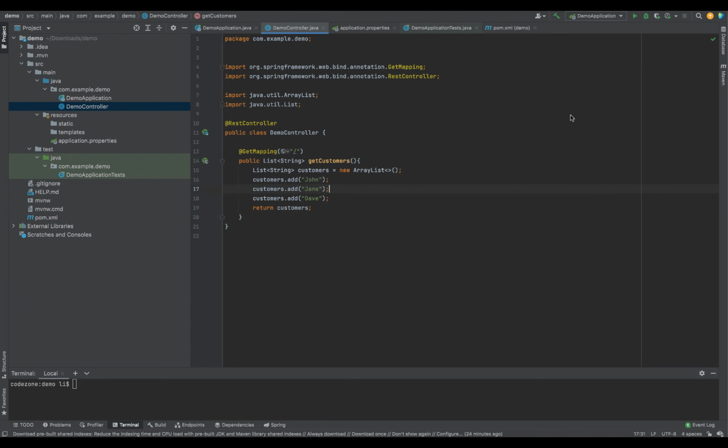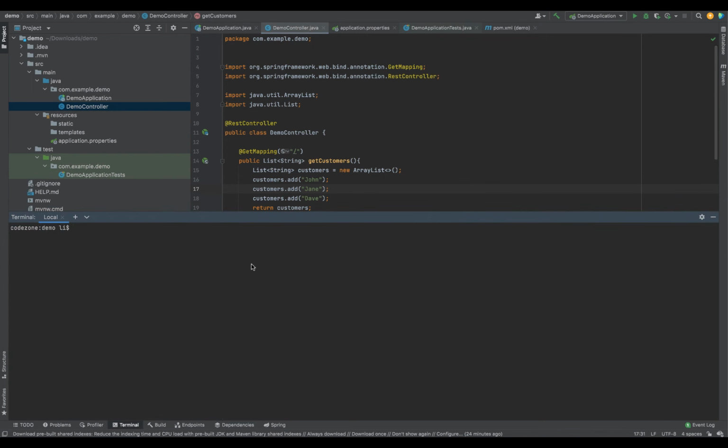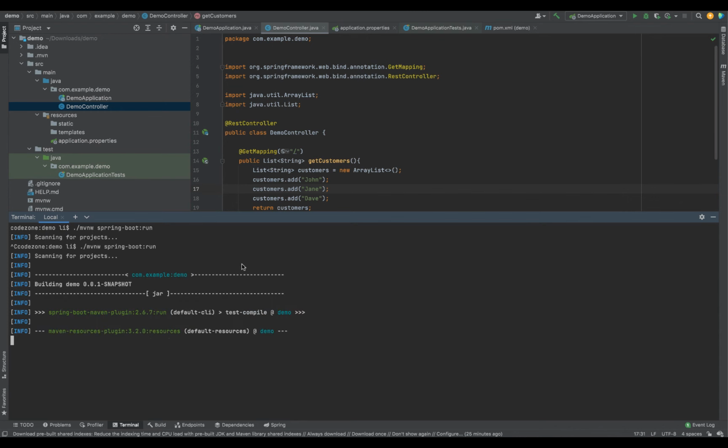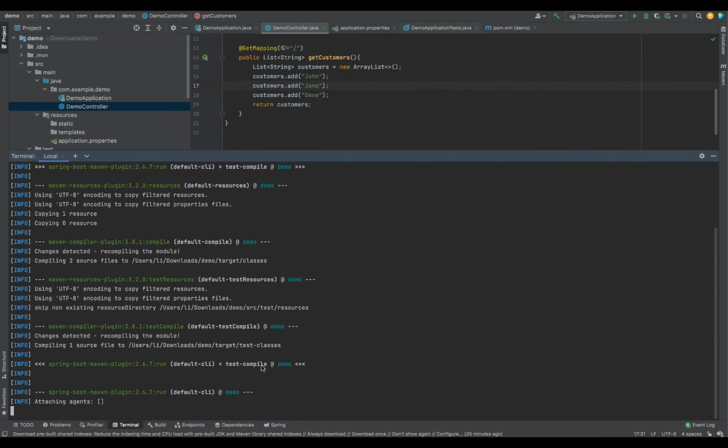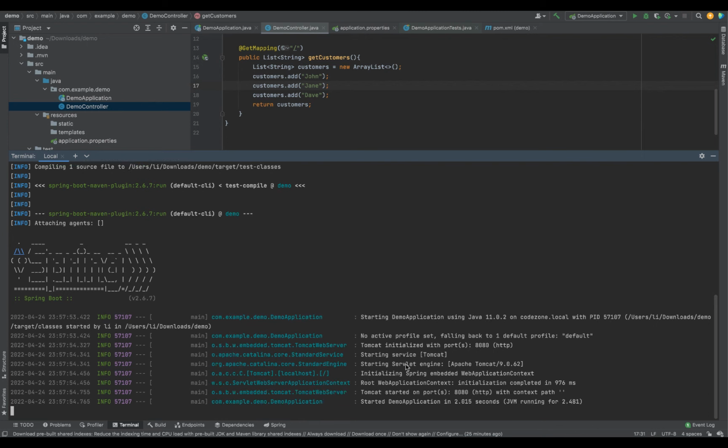Once this is done, we'll run our application, and to run this you just need to open a terminal. In my case I have a terminal within the IDE, and you run it with the Maven command, spring-boot:run. I've misspelled the command, let me type it properly. If you have 0 errors, you should be able to run the application, and you can see there that